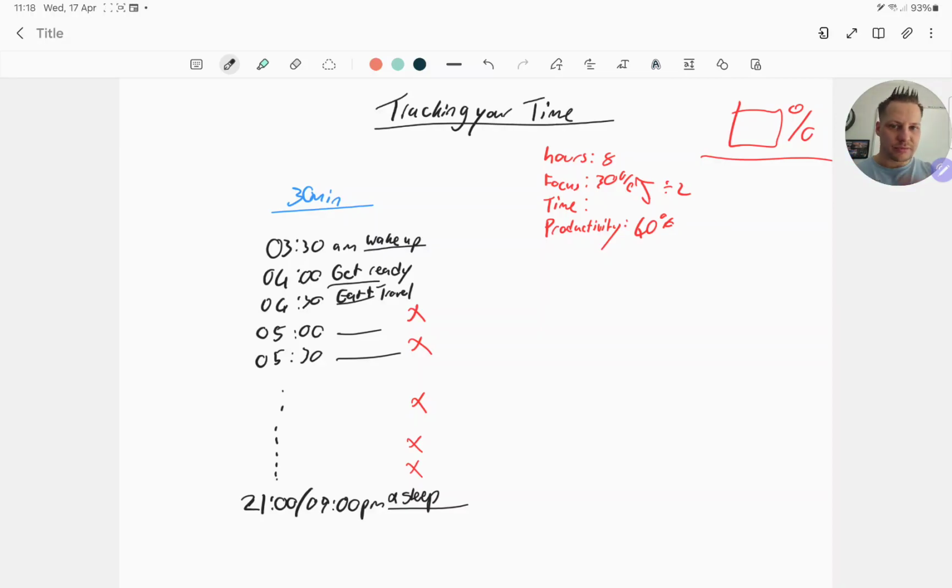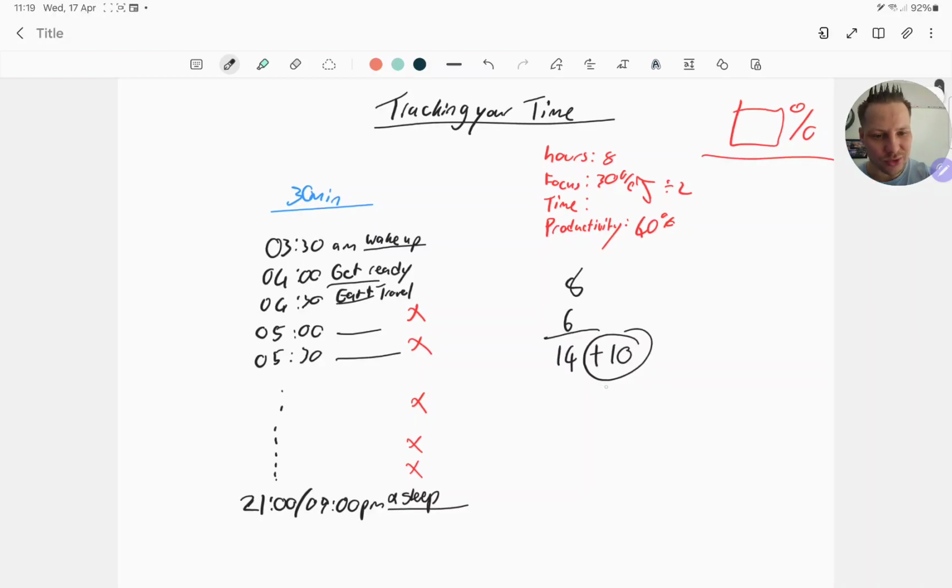Because no matter what you think, we've all got a certain amount of time in our day. Really, you're going to be asleep for 8 of them. Maybe for 6 of them, you're going to be doing things that don't make you go insane. So you've got 14 hours here, and that leaves you with 10. That's your 24 hours, right? So you've now got really 10 hours to work on your business and be